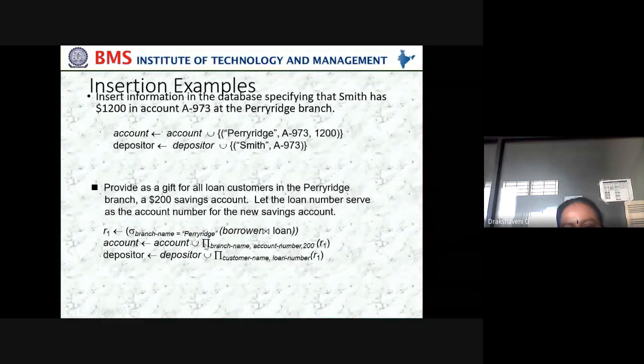Then the account union, select those columns, that is branch name, account number. What we want to give, we need to select 200 from where? From R1 to the account, and store it in account. And in the depositor also, select customer name, loan number from R1, union of this to the depositor and store back into the depositor.